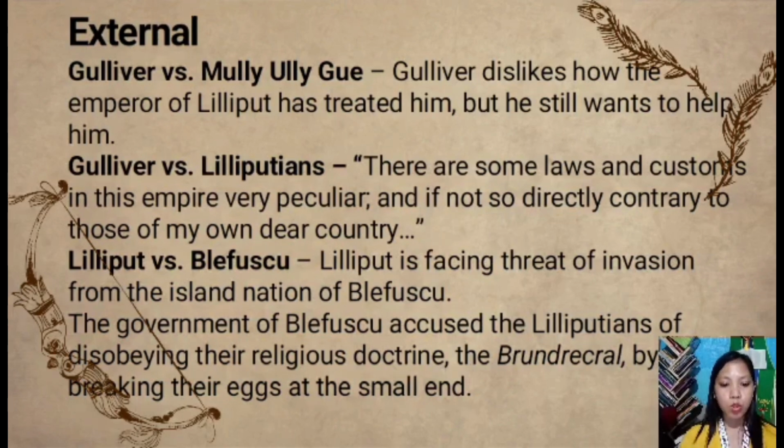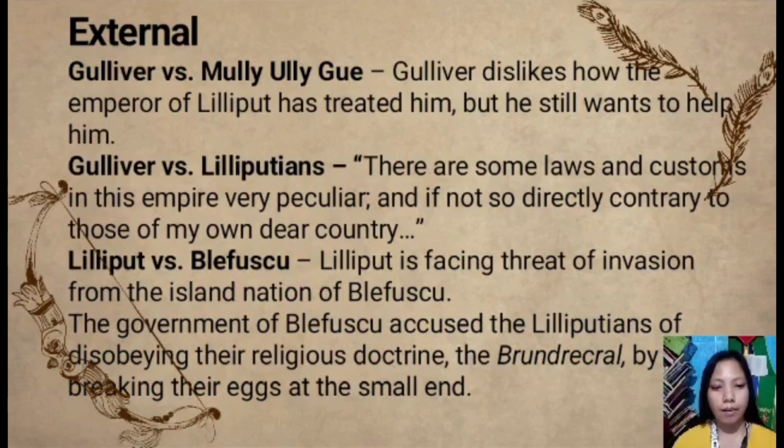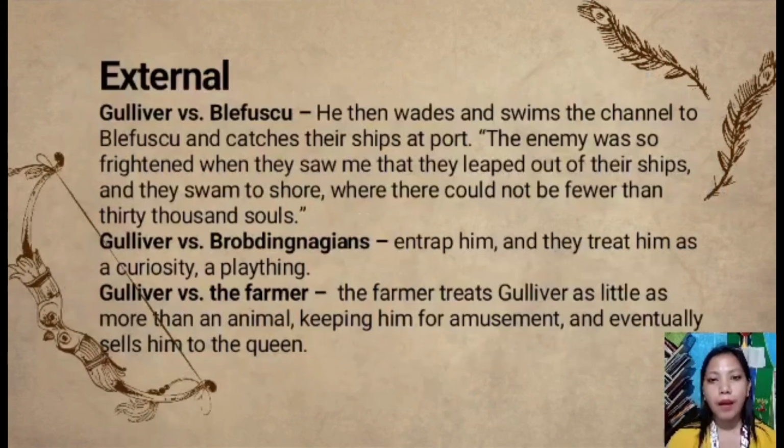Lilliput versus the Blefuscudians. Lilliput is facing the threat of invasion from the island nation of Blefuscu. The government of Blefuscu accused the Lilliputians of disobeying their religious doctrine, the Brundecral, by breaking their eggs at the small end. Another external conflict of the story,